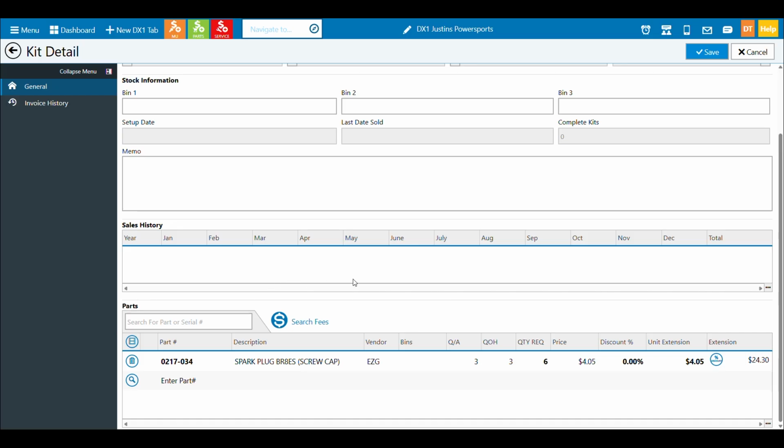So there's really a couple different ways you can make kits. We're trying to make it easy for you. You can come do it manually, type them all in. You can create a kit from an existing open invoice or from an invoice in history, or you can bring parts over from Fiche. So make sure you understand all those processes as they'll save you a lot of time. Hopefully kits are something that you'll use in your dealership and they can improve profitability and move more parts for you.